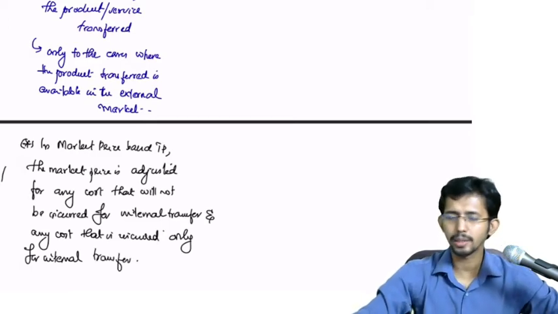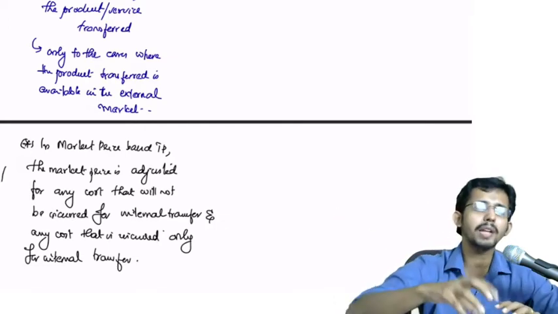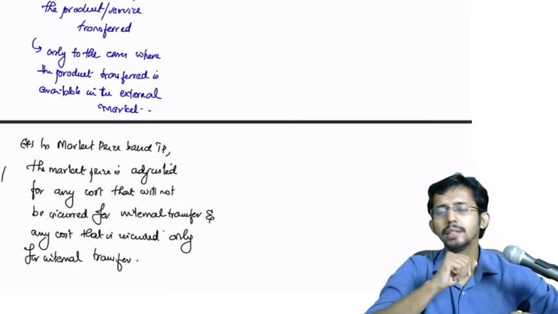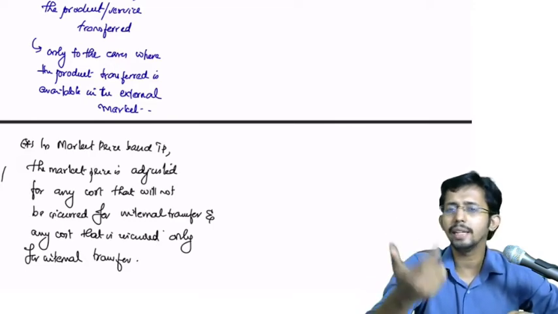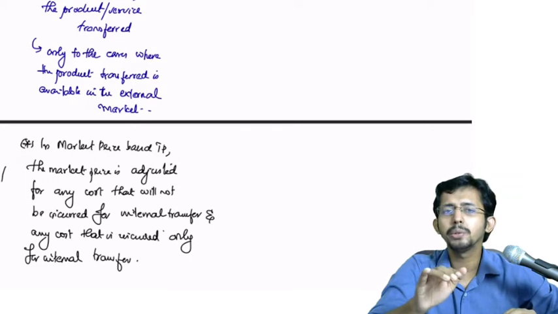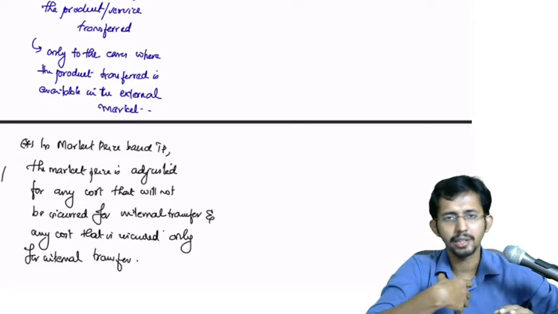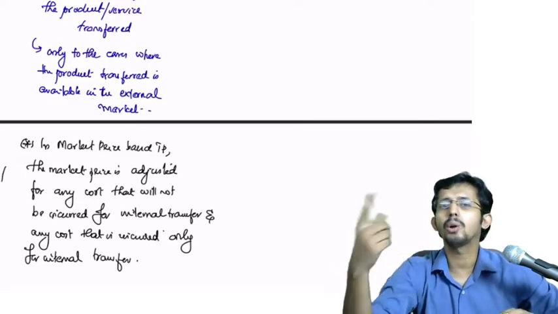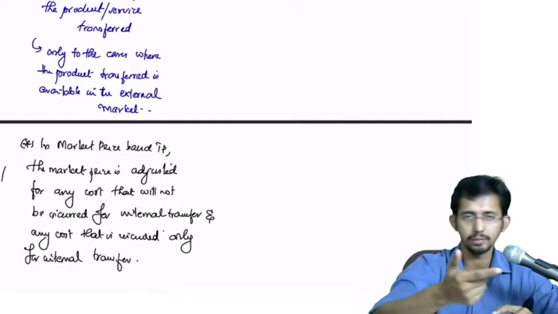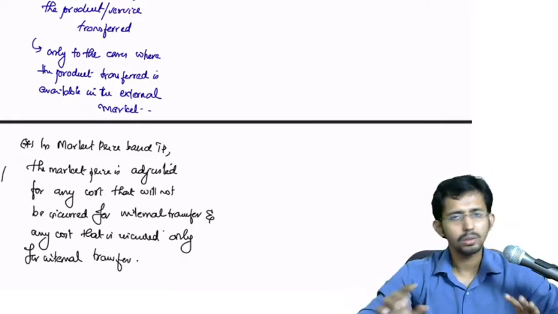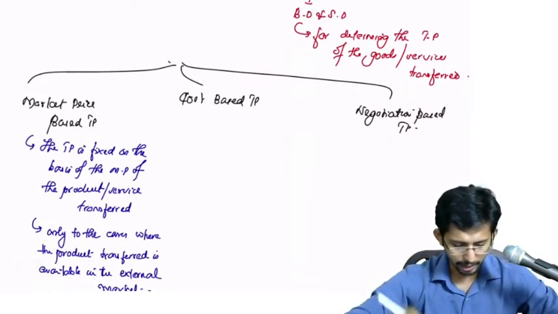Common logic only. Okay, when you are selling a particular product in the external market, you will incur a lot of other costs, but when you transfer the same goods internally, you don't incur those costs. So naturally, the cost which you are not incurring in the internal sales will be reduced from your total cost. That is one thing. Now similarly, if you are the buying division, if you buy it from the external market, you incur a lot of additional cost which is not there in internal transfer. So you will be prepared to pay more because you have a saving here. Okay, so those are the common logics. I don't have to explain too much on that. Now that is with respect to the market price based TP.